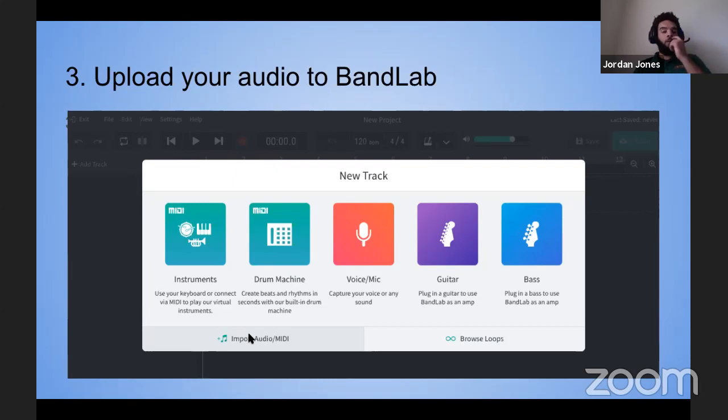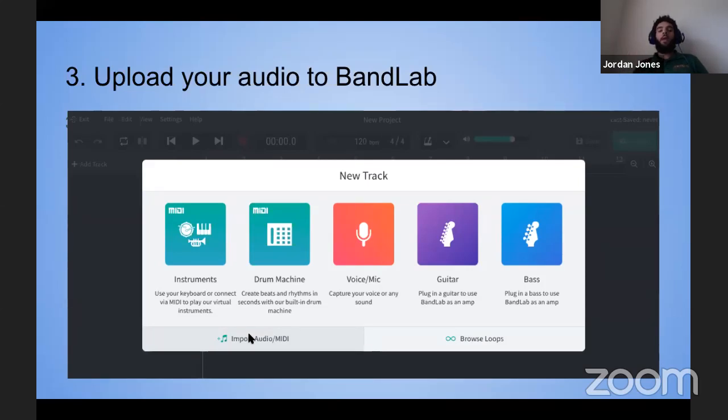If you record on a device like your iPhone, it ought to be very simple to email it to yourself and then go into your email and download it to the computer. Then you can upload from your computer into BandLab. It shouldn't be too hard. Or if you have a handheld device, you hook it up to your computer and download it that way onto the computer. But just click that share button. You can email it to yourself, download it from your email, and then import and upload the audio into BandLab.